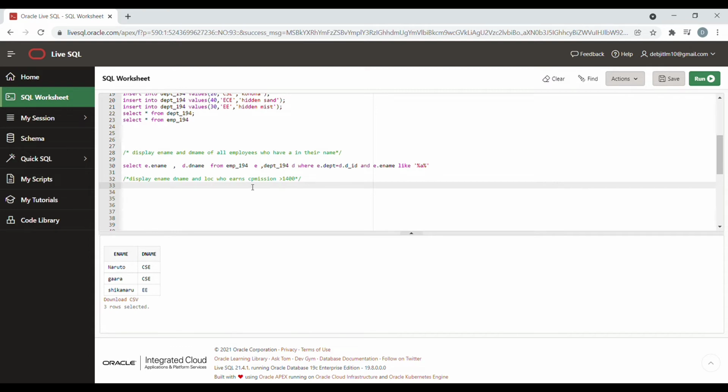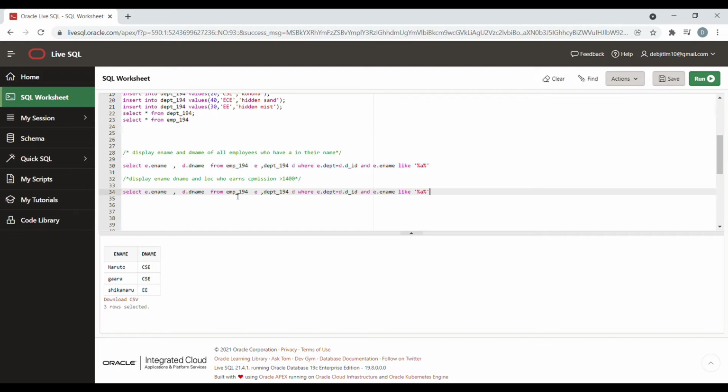First we will write the select statement with the attributes which I want to show. I'll just copy it from the previous query, because I'm very lazy to write it again and again. Then I will edit it and add the location part, because we need to show the location also. Which table does it belong to? It belongs to D, that is the departments table.